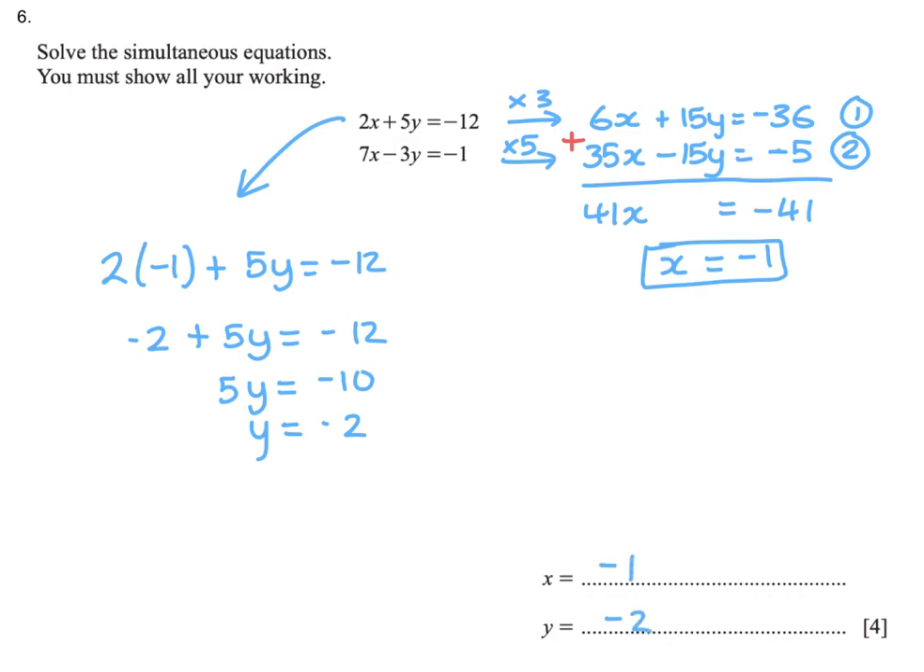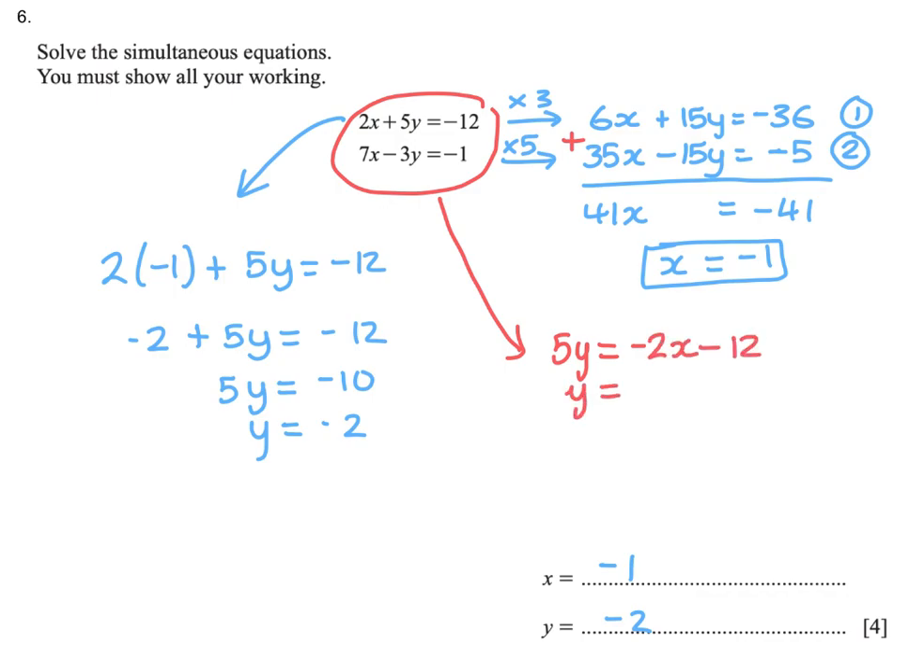Now a different method would have been to perhaps rearrange both of these equations into y equals and use the GDC, in which case you would have 5y is equal to minus 2x minus 12. So y is equal to minus 2/5 of x minus 12 over 5. And you could plot that on your GDC. You could do the same sort of thing for the bottom one. So that would give you